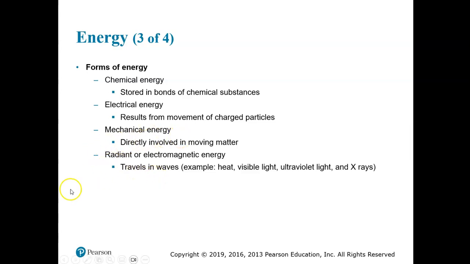And radiant or electromagnetic energy are the various forms of radiation that we see in the electromagnetic spectrum. Some of them are listed here: heat energy, visible light energy, ultraviolet light, X-rays, gamma radiation,